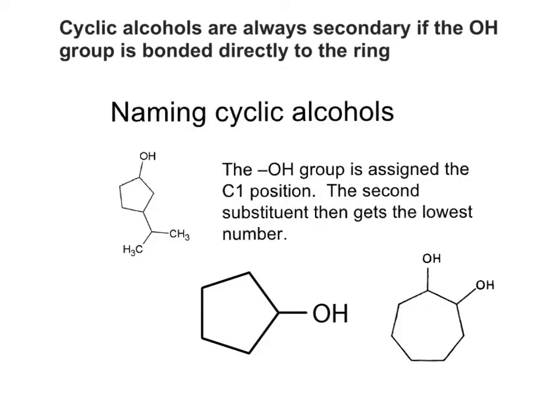So when we look at cyclic alcohols, we're assuming that these are alcohols that have the OH directly bonded to one of the carbons in the ring. So in the case of the example shown, the OH group is assigned to carbon number 1. The next substituent along can either be at substituent number 3 or at substituent number 4. So the correct version is the version I've drawn in purple, where it's at substituent number 3, because the second substituent then gets the lowest possible number,